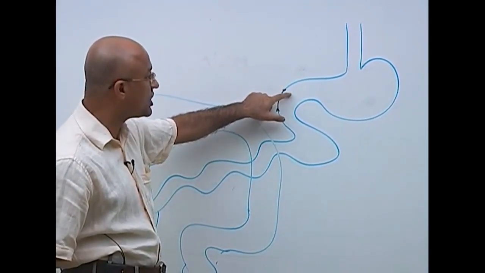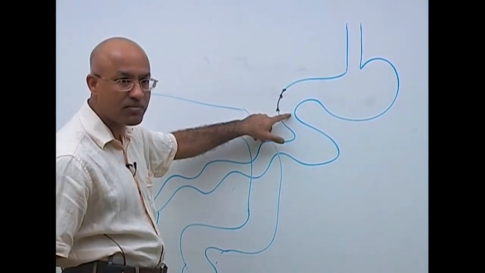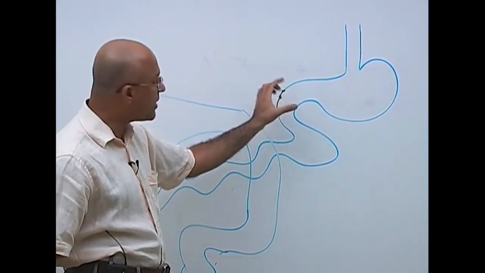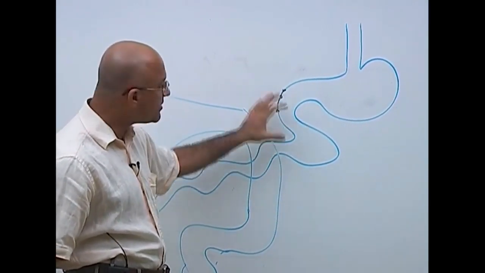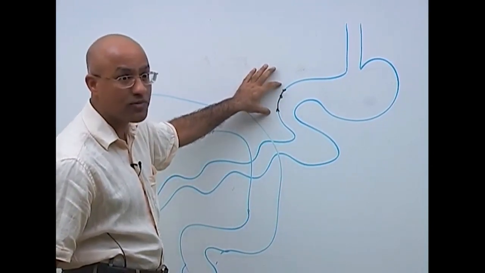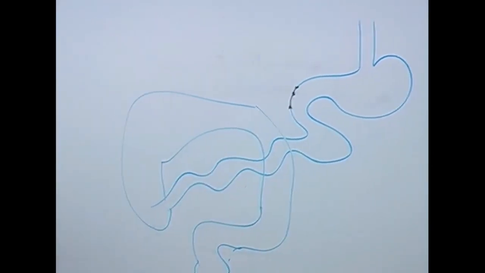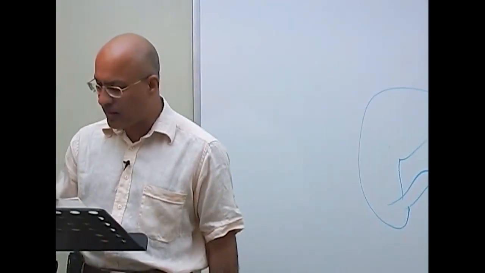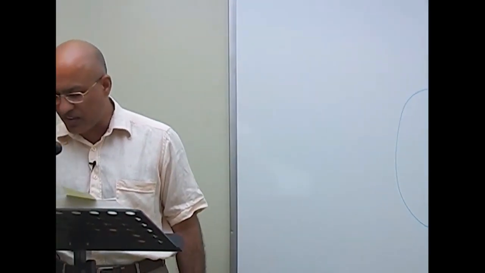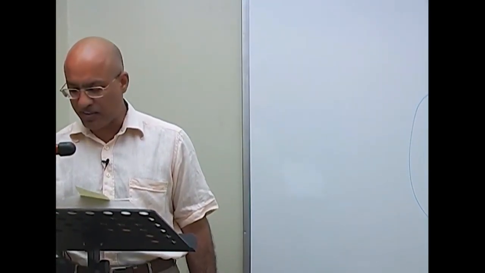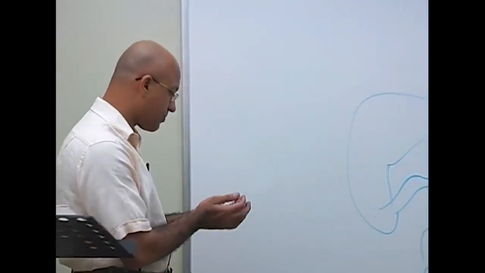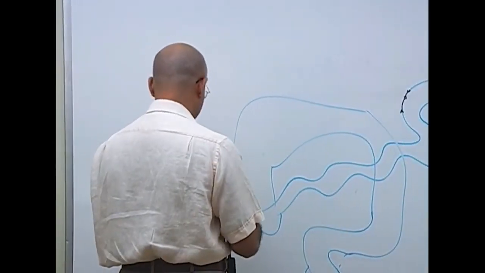For example, if there's irritation here, more secretions will come. Or if there's distension here, peristalsis will start over here. These are intra-gut reflexes. What are these reflexes? These are intra-gut reflexes. These are for the secretions and mixing contractions and peristaltic contraction. Then, as I told you that